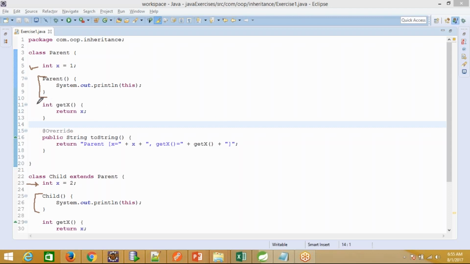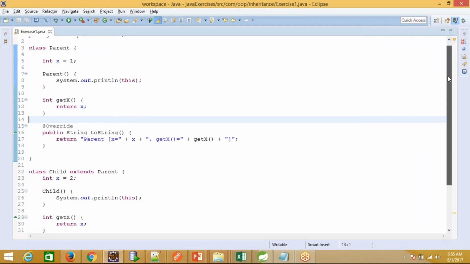And one getter method is also available, that is getX, which returns x. Other than that, I have overridden the toString method in the parent class, which just shows fancy output to you guys so that you can easily understand what's going on. So it seems like a pretty simple program, isn't it?